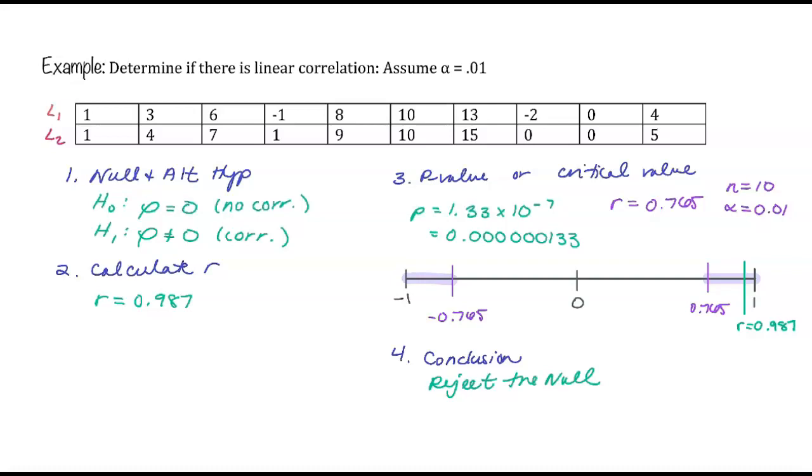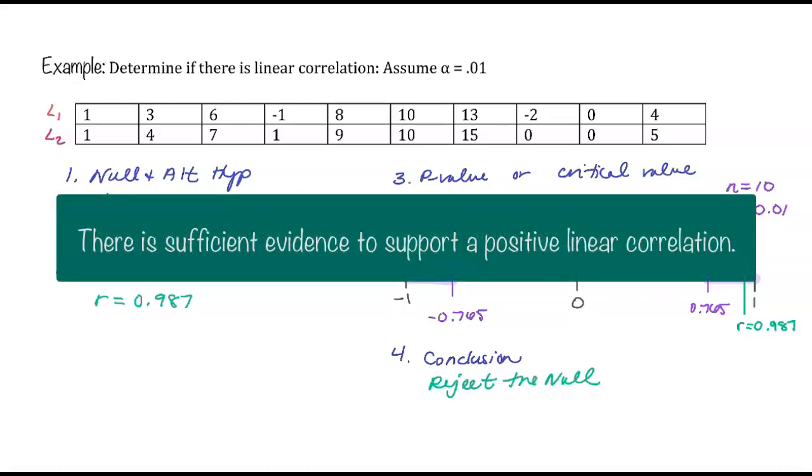In rejecting the null hypothesis, our conclusion is this: there is sufficient evidence to support a positive linear correlation. Notice that the alternative hypothesis is simply that there is a linear correlation, but given that we have a value for r that is positive and very close to +1, we can make an even stronger statement supporting a positive